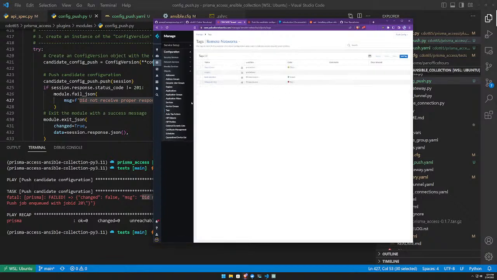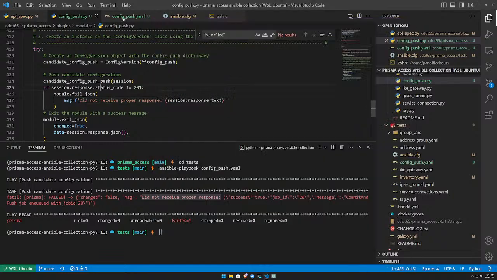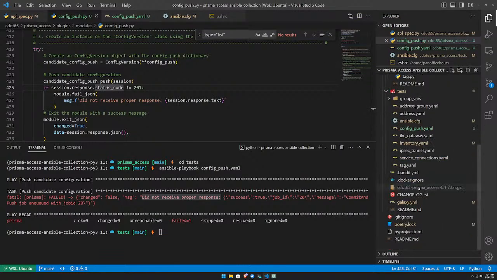All right. We'll create a new address object for a tag. I'm sorry, we're creating a new tag for remote networks, and then we'll push remote networks. I want to let the service connections push continue to run by itself, and we're going to test something else out here. So let's run back to the, first of all,